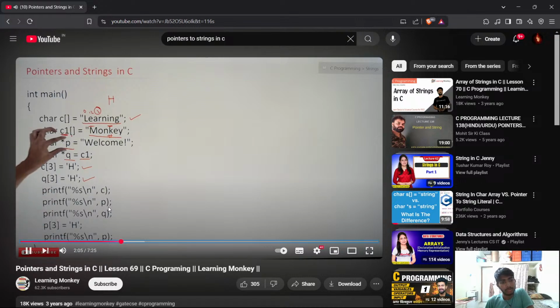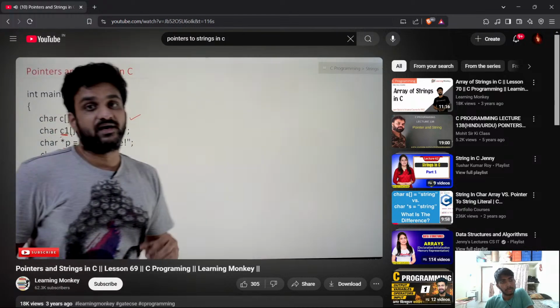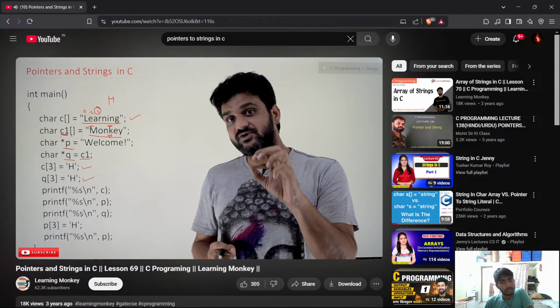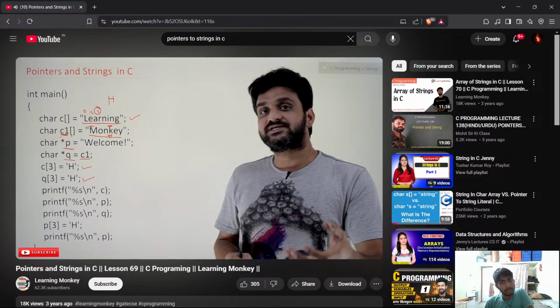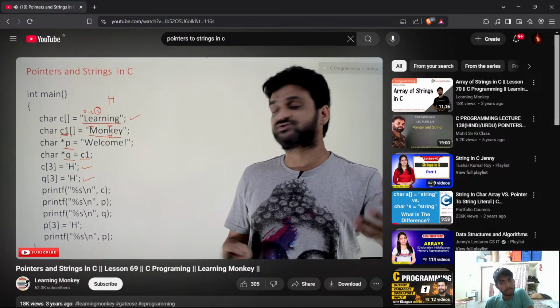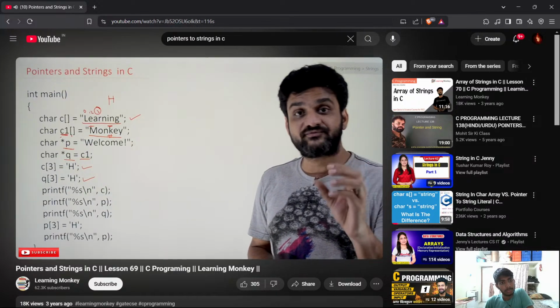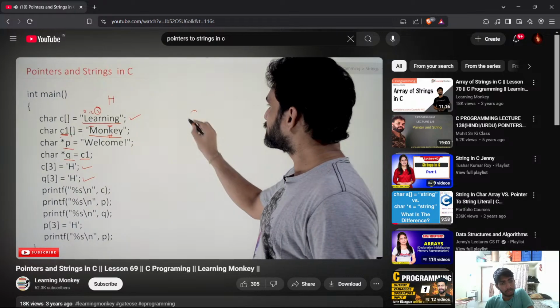So what about this star P? Star P is a string pointer which is the same as a character array, which is the same as a string, but the difference is we can access the values that are stored in a string pointer, but we cannot modify the values. So what happens here is C